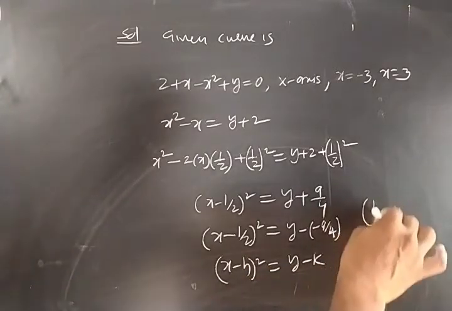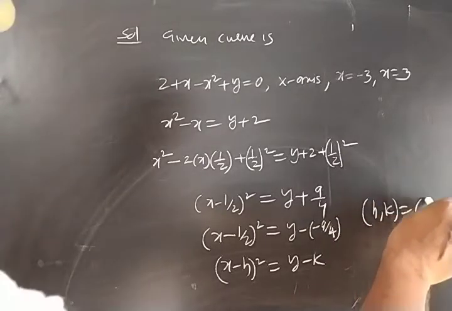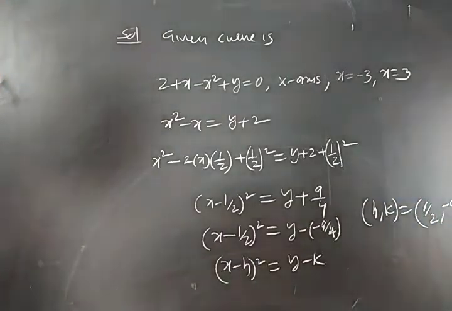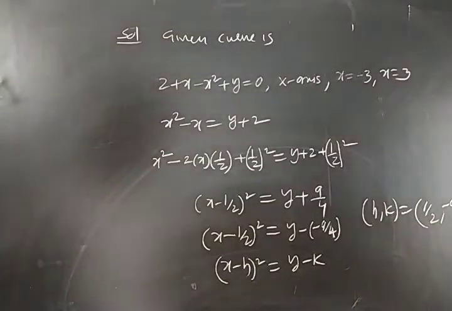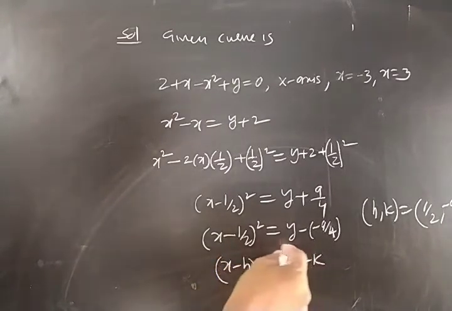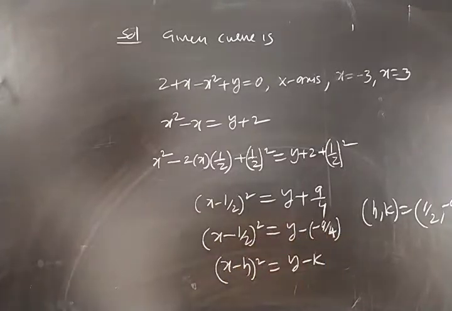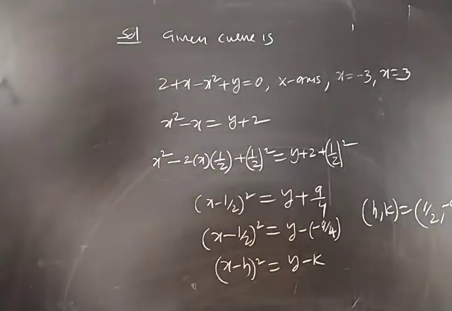So here we can know the vertex of the parabola. Vertex is h comma k, 1 by 2, minus 9 by 4. So negative y, positive x means the vertex lies in the 4th quadrant. Okay. So this is the standard form of parabola, and it is symmetrical to the y-axis. Why? Because it is in the form of x square equal to 4ay. It is symmetrical to the y-axis. So it opens upward. Okay.